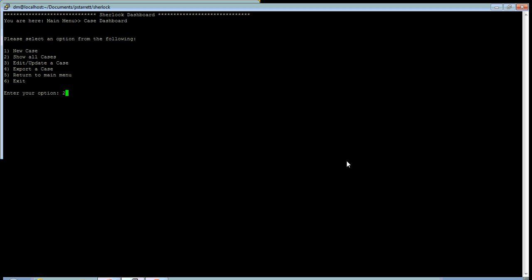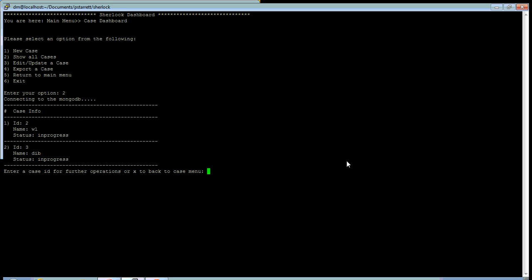Let's enter 2, and we have the following cases as of now in the database. You must have seen these cases when I was explaining the structure of the cases table in the Sherlock database. And once you select a case, you can drill down to operations